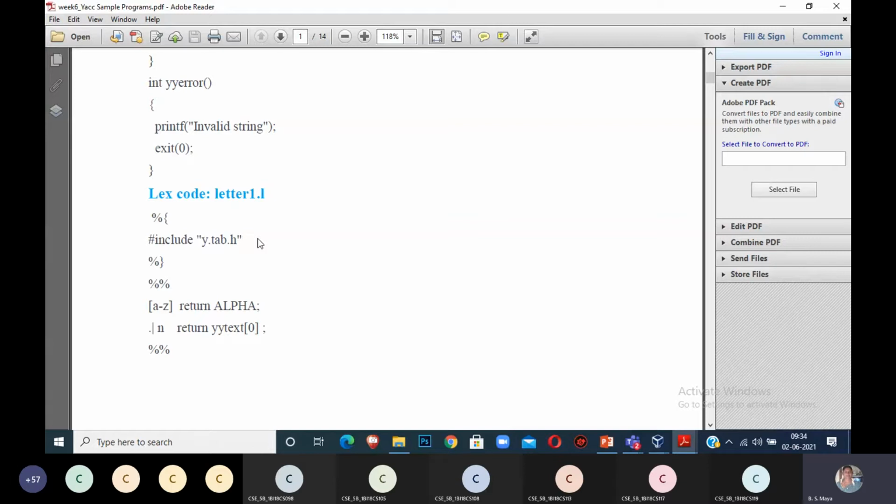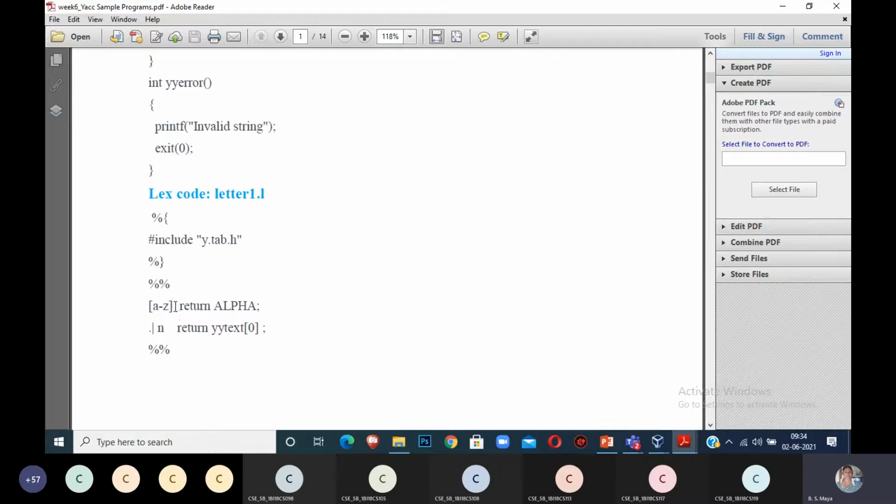Then I have to write the regular expression for alpha. Now my rule section starts. Then I have to define what is alpha. My intention is that alpha can be A to Z. You can also use capital A to Z. I am taking only one letter, to check a valid alphabet or not. If you want to check more than one, you just change your regular expression and try it.